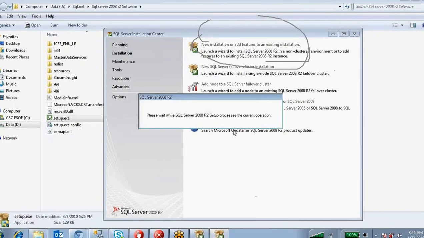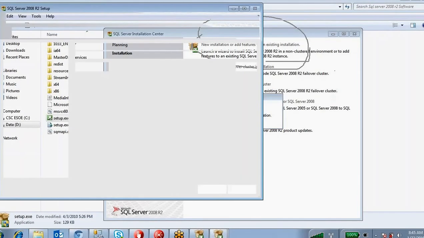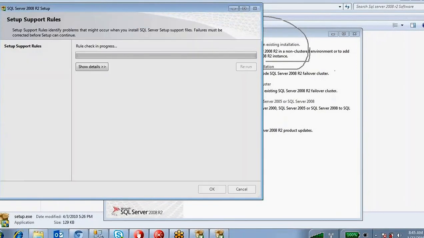It is under processing. Please wait while SQL Server 2008 R2 setup processes the current operation. So you guys do one thing.